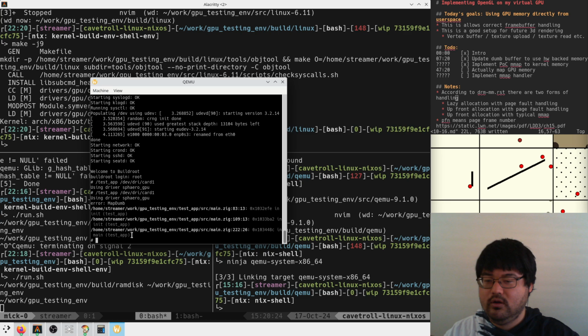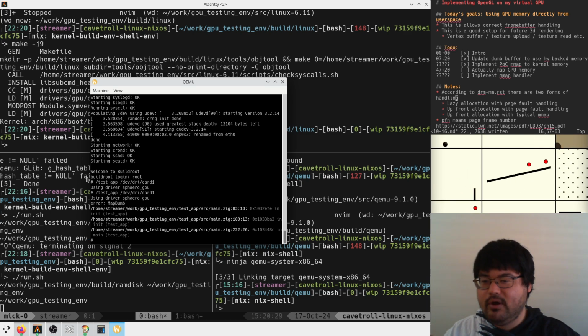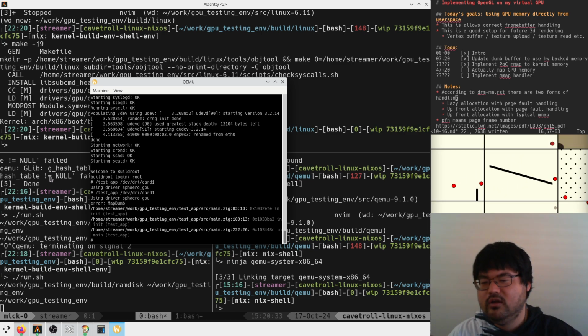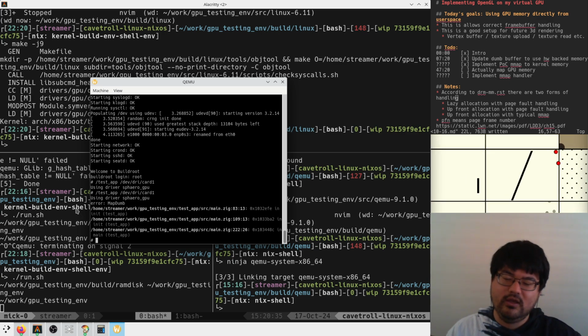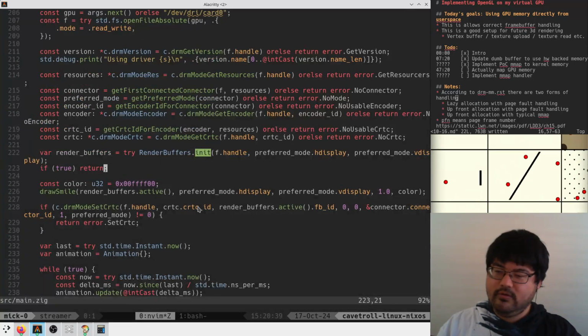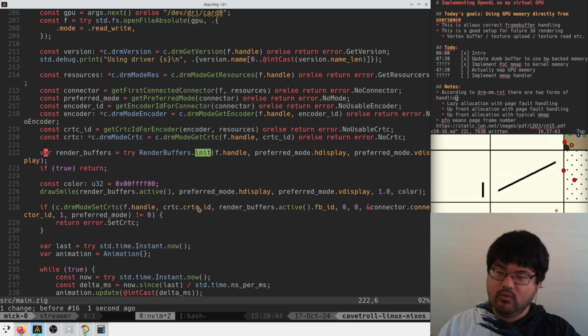Okay. So I can't do this mapping twice. He doesn't really like that. But on the first map, I did get something out. It was kind of garbage memory, which is hard to prove that we did the right thing. So maybe what we'll do is in our test app, what if